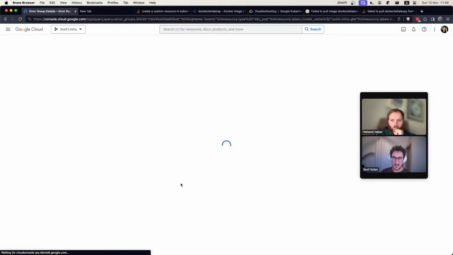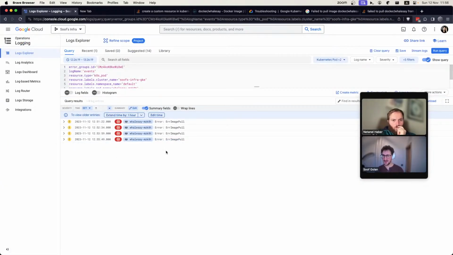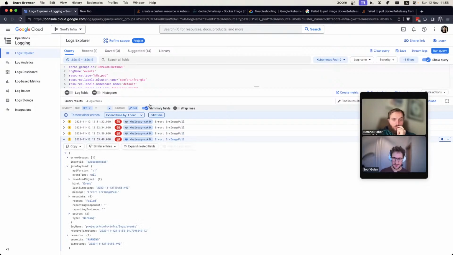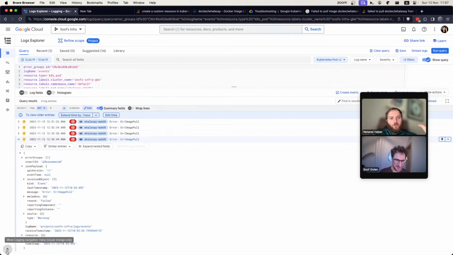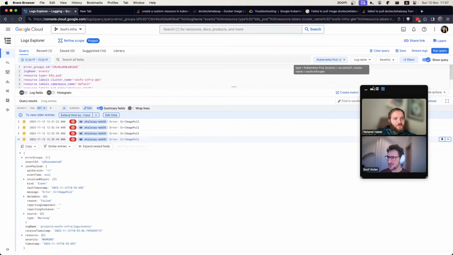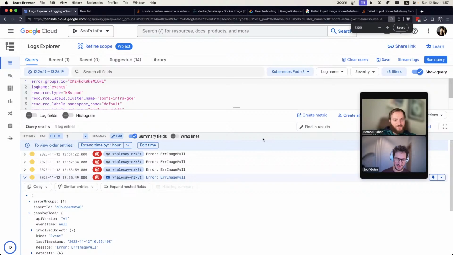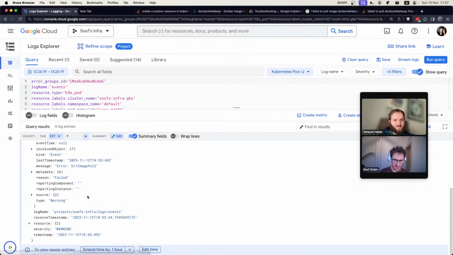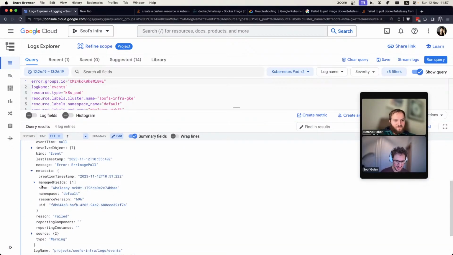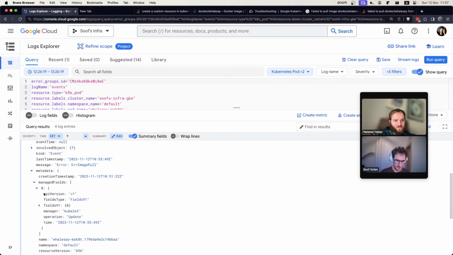View logs. By the way, this logging interface is not bad. No, it's not bad. It's not amazing, because as you can see, there's so much wasted space. There's too much going on, really. But we can zoom this in a little bit. And metadata, message fields,